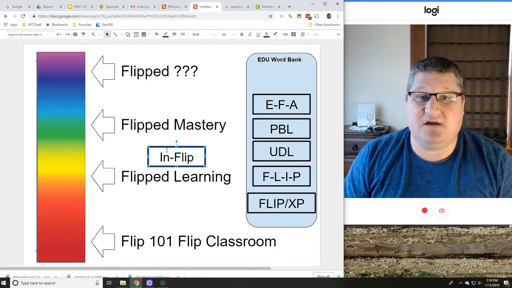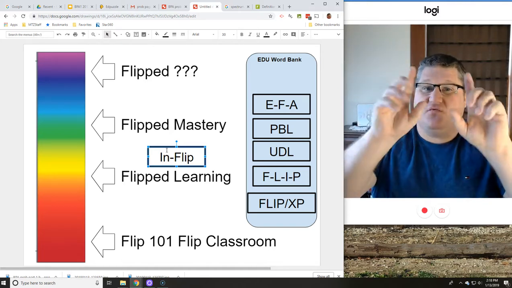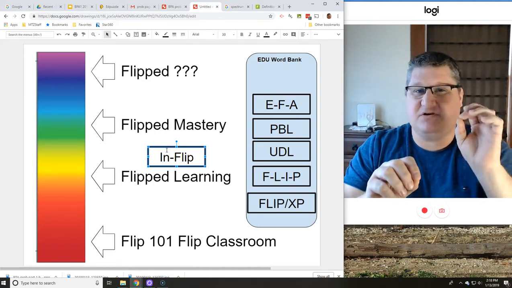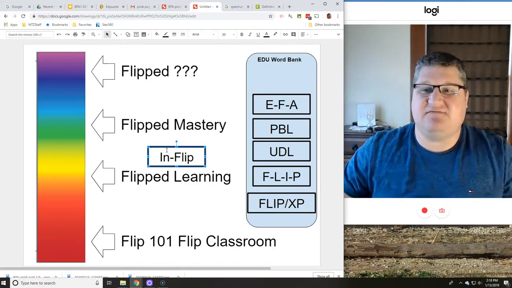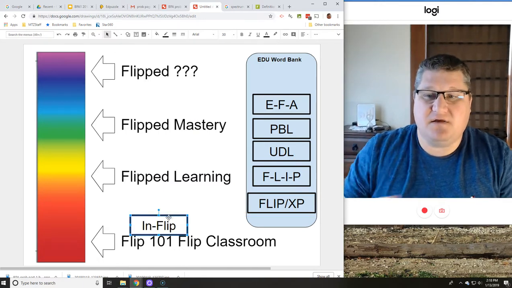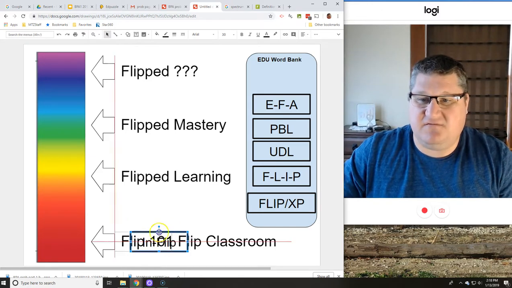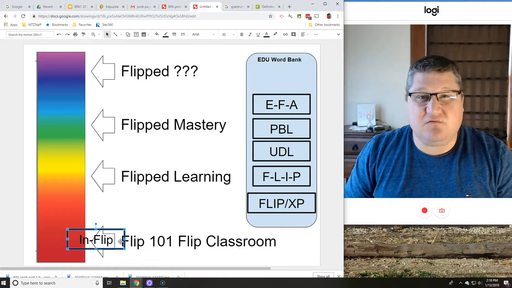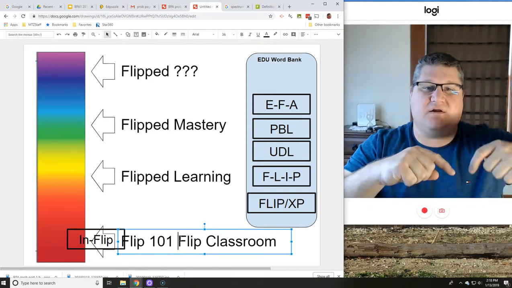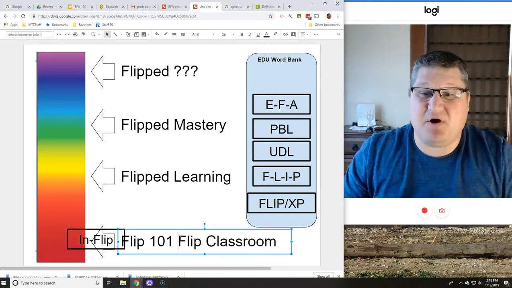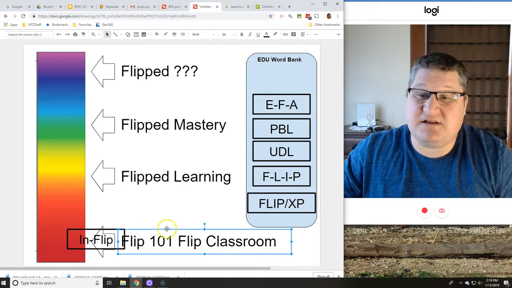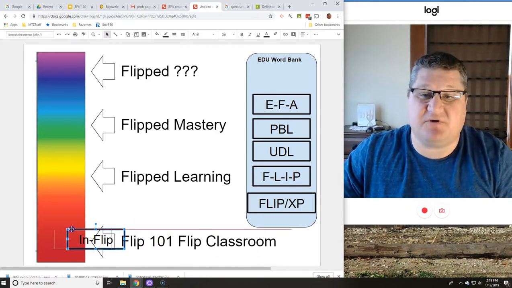You say, well, how in the world do you find time to do all that stuff in class? Well, again, with this framework in place that we have all the resources, students can use whatever components of the resources that they need at a given time. So whereas most of the time with my basic students, Flip 101, potentially using an in flip in conjunction with Flip 101 is a really good look because I am controlling the pace, I am controlling where they go next, I'm controlling what they do next, in part because these are students that struggle with organization, attention, etc. So this works out really well for me to help keep their executive functioning components under